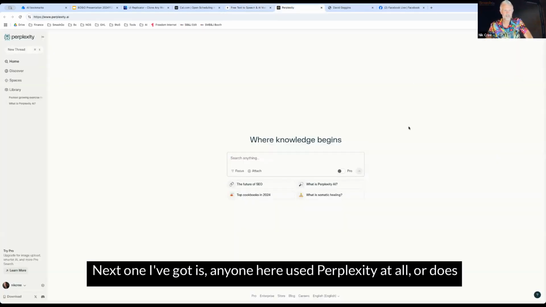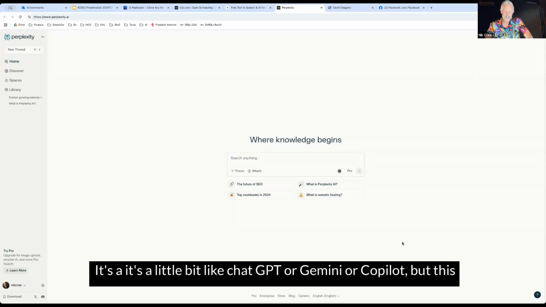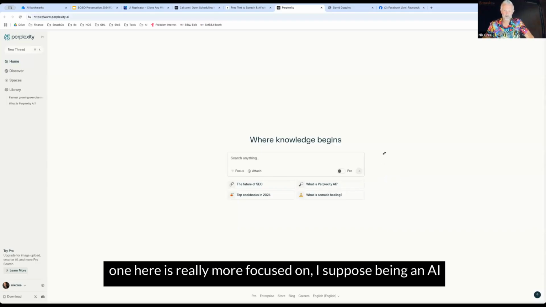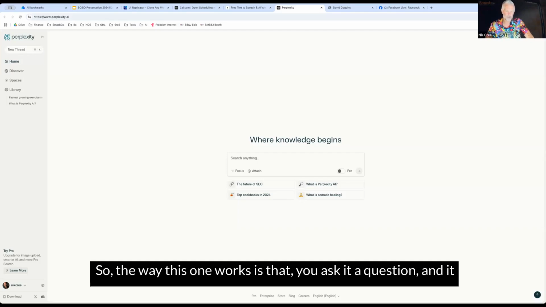Next one I've got is, anyone here used Perplexity at all, or does anyone use Perplexity? So this is an AI tool. It's a little bit like ChatGPT or Gemini or Copilot, but this one here is really more focused on, I suppose, being an AI search engine or answer engine. So the way this one works is that you ask it a question, and it will give you